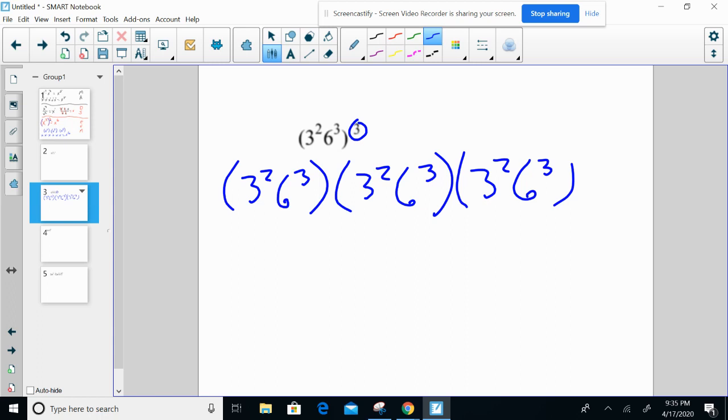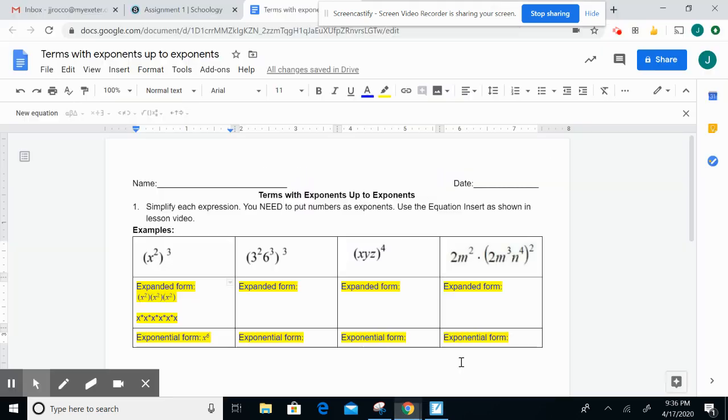All right, and then spread it out even further. You have 2 3s and 3 6s. And you're going to spread all that out. Now I'm going to switch over and start typing it because it'll be a little bit quicker for you. But once you have that all spread out,